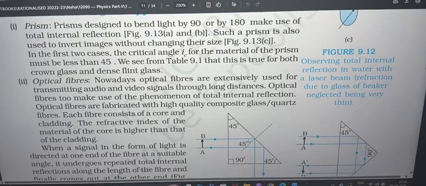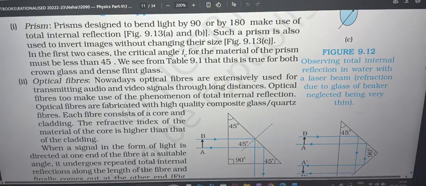This is the normal, this side it is 45, this side also it is 45, because the angle of incidence is the same as the angle of reflection. Then 45 degrees together is 90 degrees of bending, but the angle of incidence is 45, which is greater than 42. Approximately, the critical angle can be 42. So because it's greater than the critical angle, you will observe total internal reflection, it's not getting refracted out.